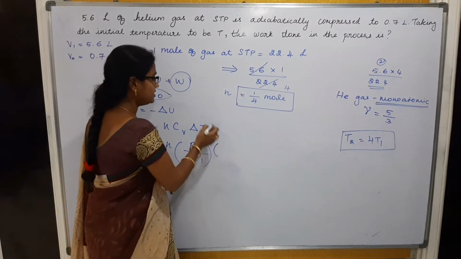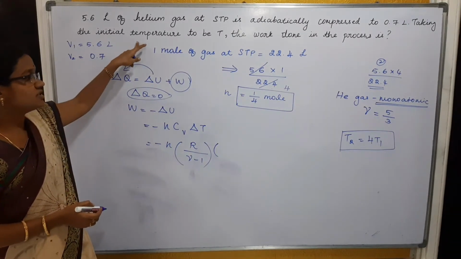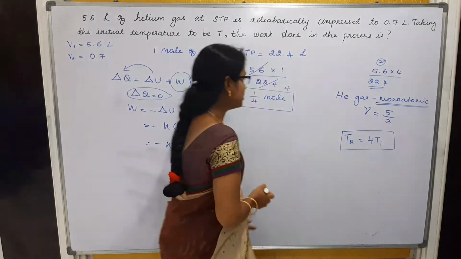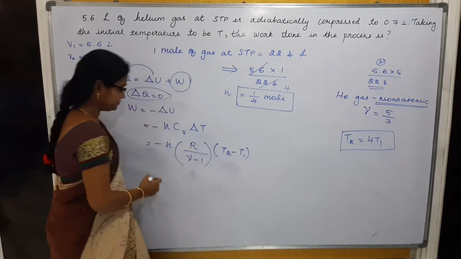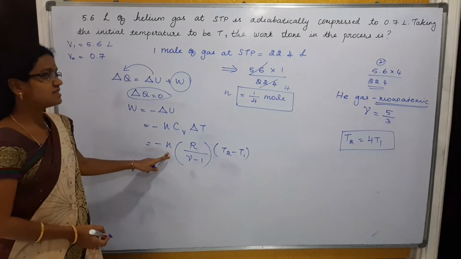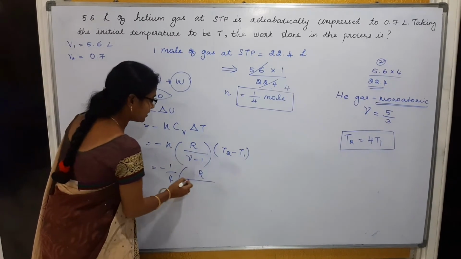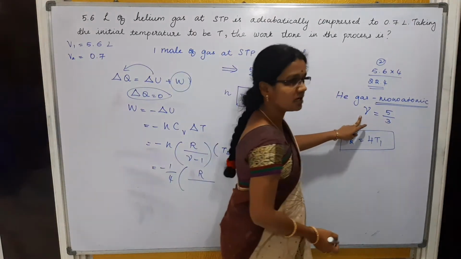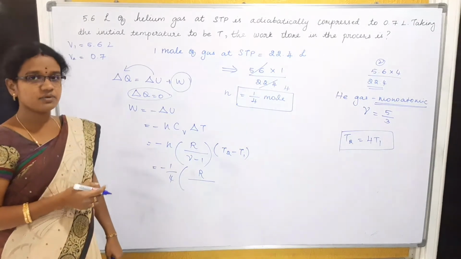Next, del T, because we are relating the temperatures T1 and T2, we are getting the comparison between T1 and T2. We have to reduce this del T as T2 minus T1. So minus n value. What's the value of minus n here? We have to replace this with minus 1 by 4, into R by, what is the value of gamma? Gamma we have already noted down: 5 by 3 is gamma's value for a monoatomic gas, whereas for a diatomic gas we get 7 by 5.